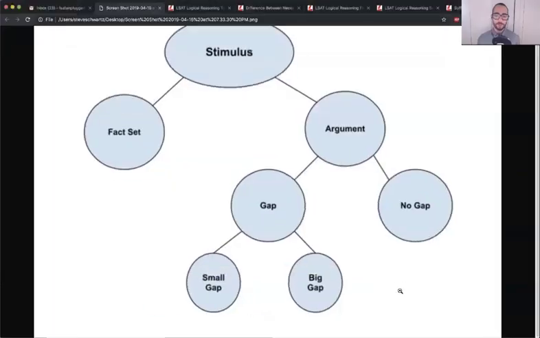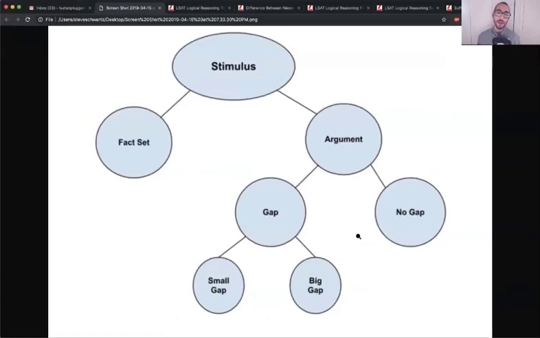We can also look at it from the perspective of the stimulus. So what I've done here is I've laid out for you a flow chart of how I think about logical reasoning from the perspective of the stimulus rather than the question stem. The stimulus being the short paragraph that contains the argument,